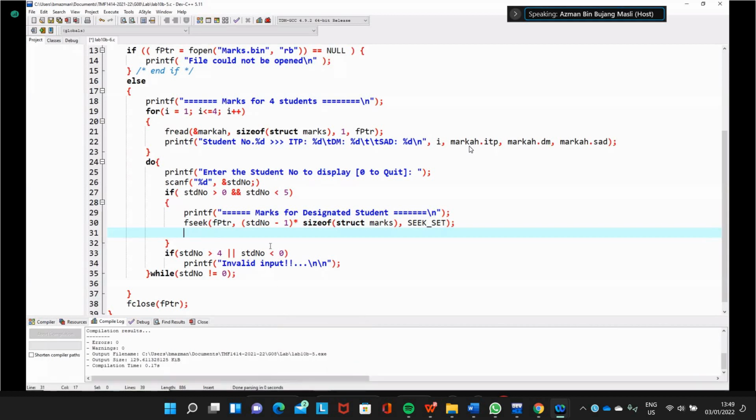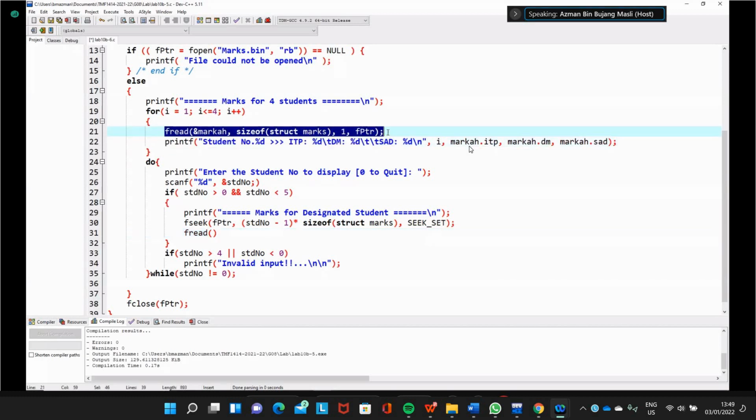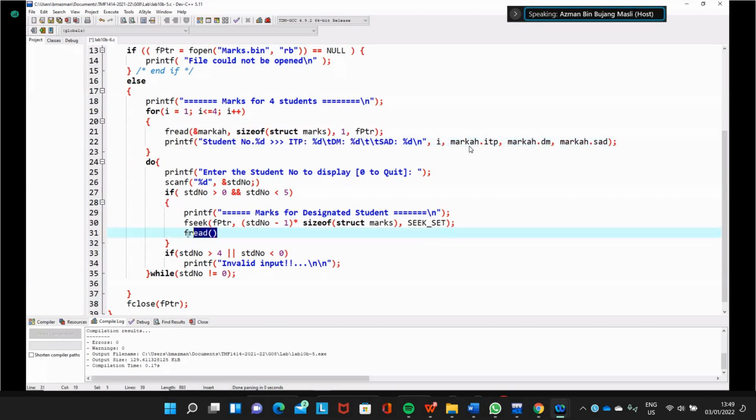So we can read the data from there. When you read the data, you read the whole structure, meaning that you get one data for the structure. So we can use fread here, the normal fread that we have done before. We just want to read one data: fread marks, size of marks, one data.